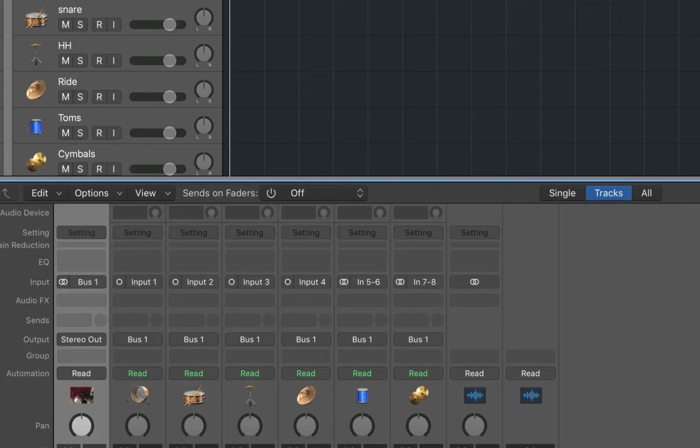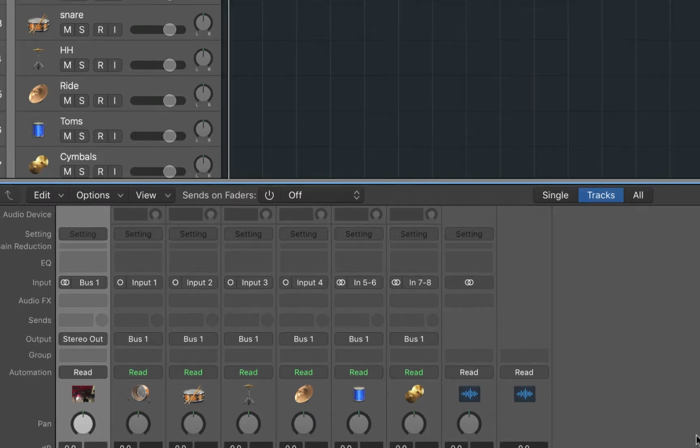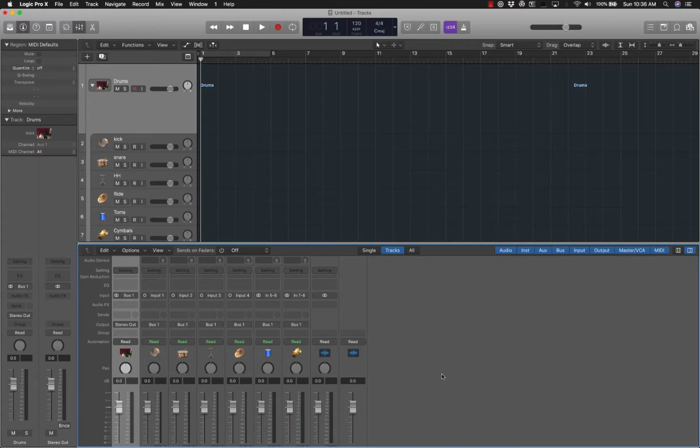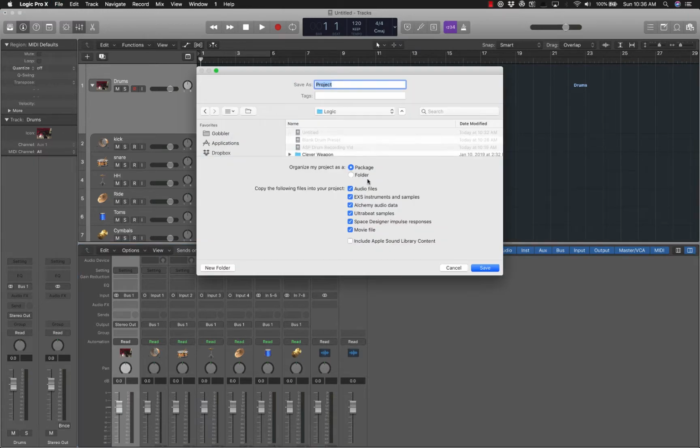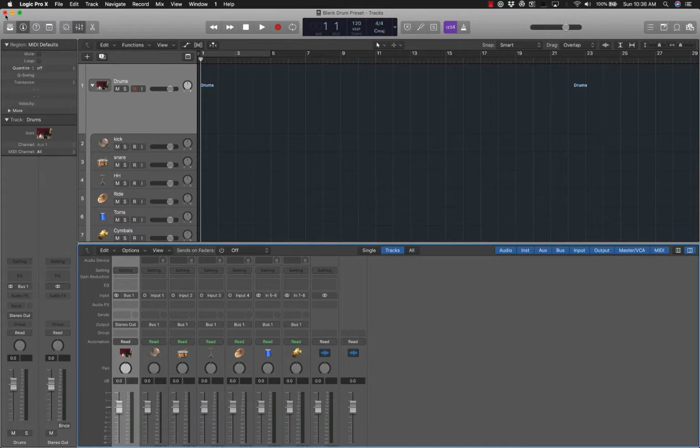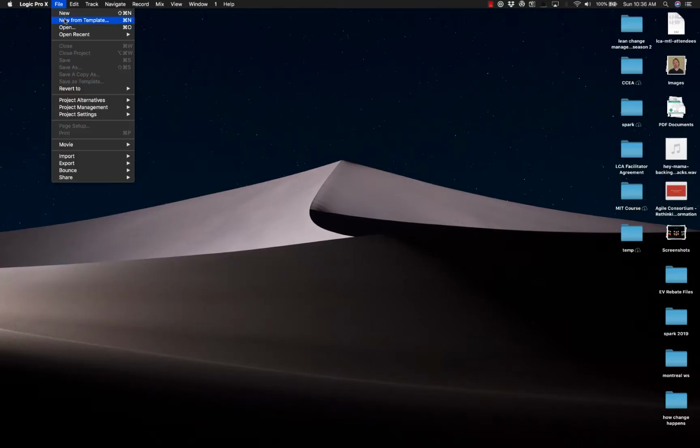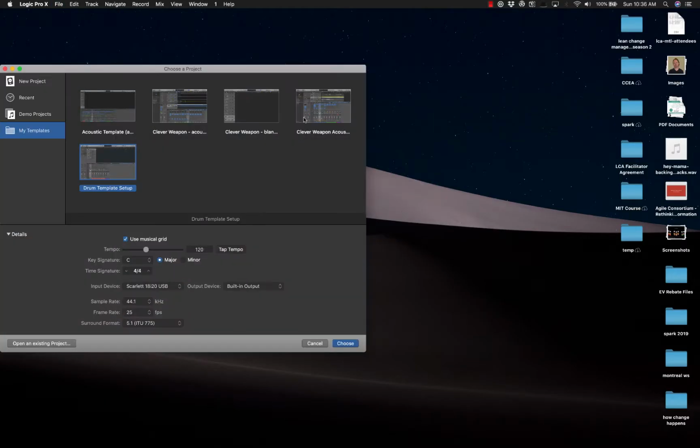So that's a good enough base template. It's a great place to start from if you want to start with a completely clean file that's set up and ready to go. So I will just save this as a drum preset, which I already created, so I'll just replace that. And then now, if I close this project down and then create a new project from a